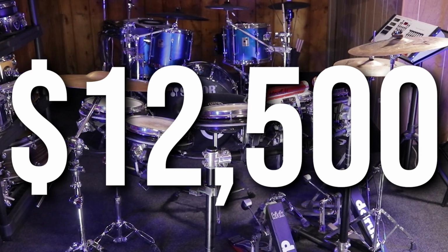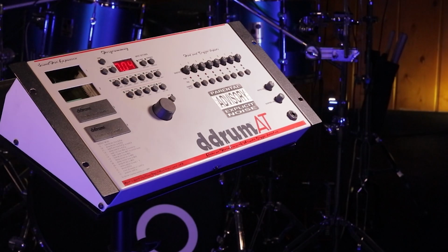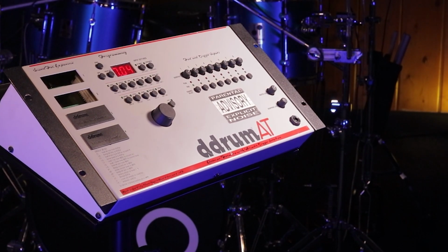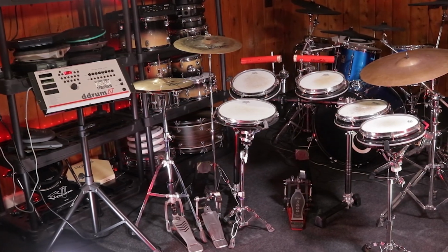And remember, you still have to buy the cymbals. Those aren't included, and you're probably going to be using acoustic ones. You're probably going to be wanting to buy a few sound packs, so the price just keeps going up and up and up. Alright, so if $12,000 is the pricing for a stock drum set that only comes with a